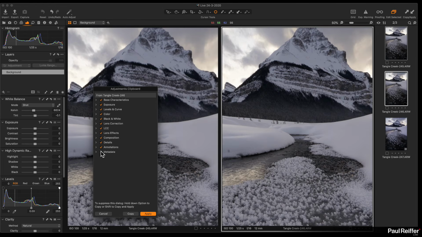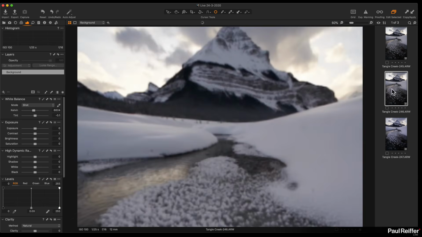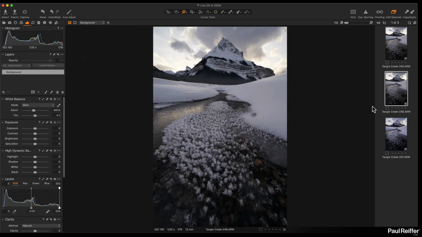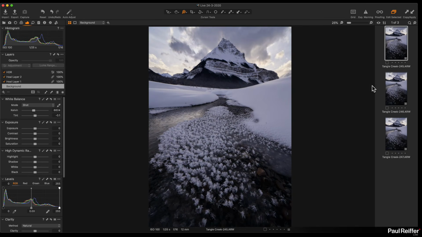Let's just make sure we've done it right. Okay. I may be doing something wrong here, and I'm in a bit of an infinite loop. So we'll come back to it separately another time. But for the purposes of this, let's just copy that and paste those adjustments into there. Okay. We'll assume that those dust spots have gone, although why they haven't copied across, I'm not entirely sure, because